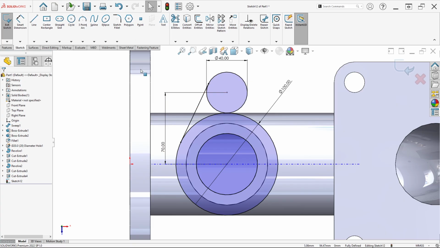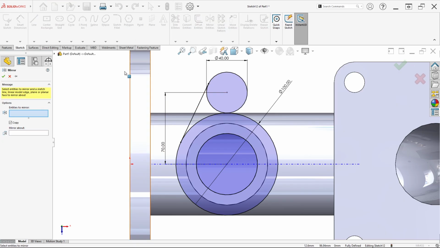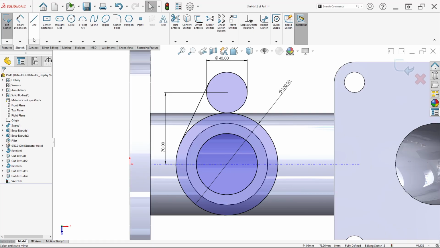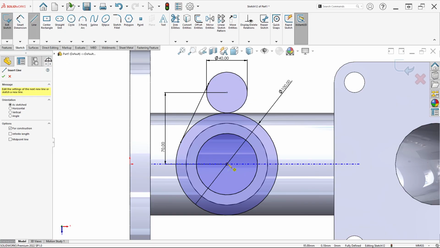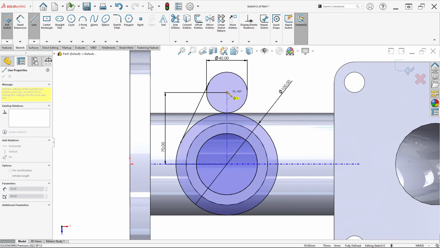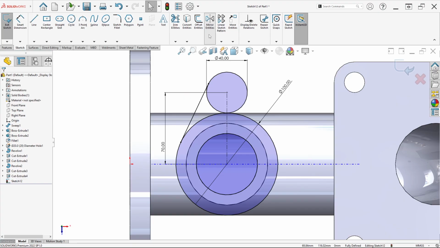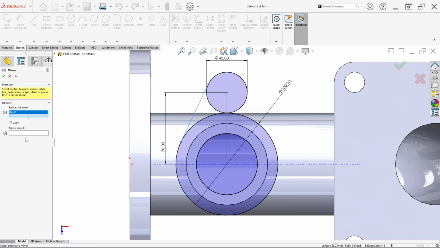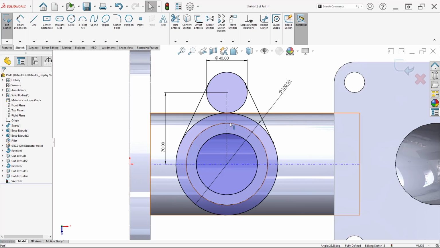Then we can mirror entities. We can make center line like this from here to here, for example. Just click mirror entities. This line mirror about, just click this center line. Click OK.